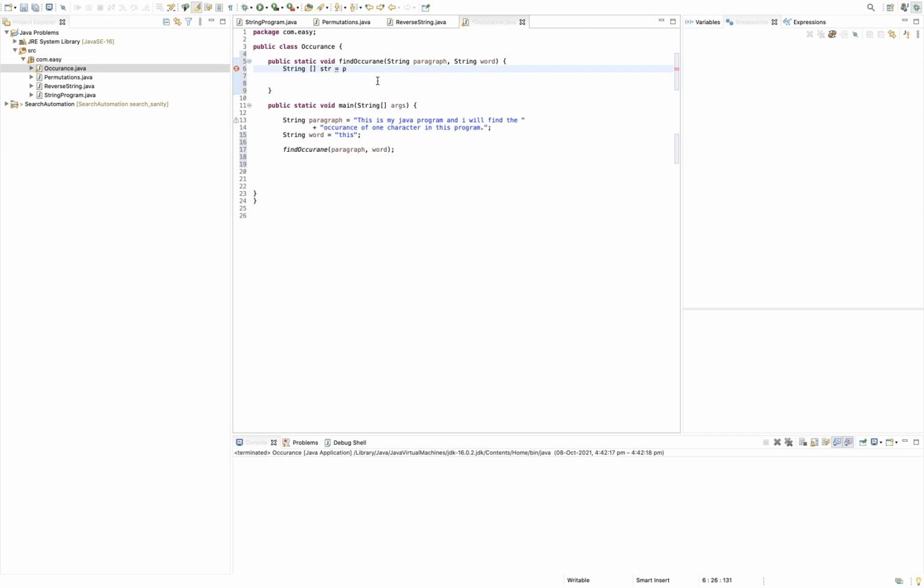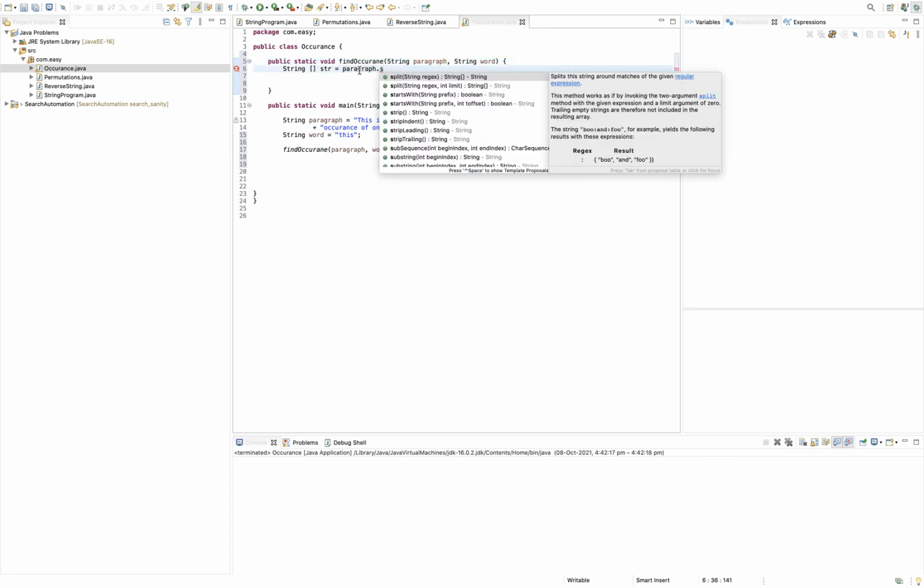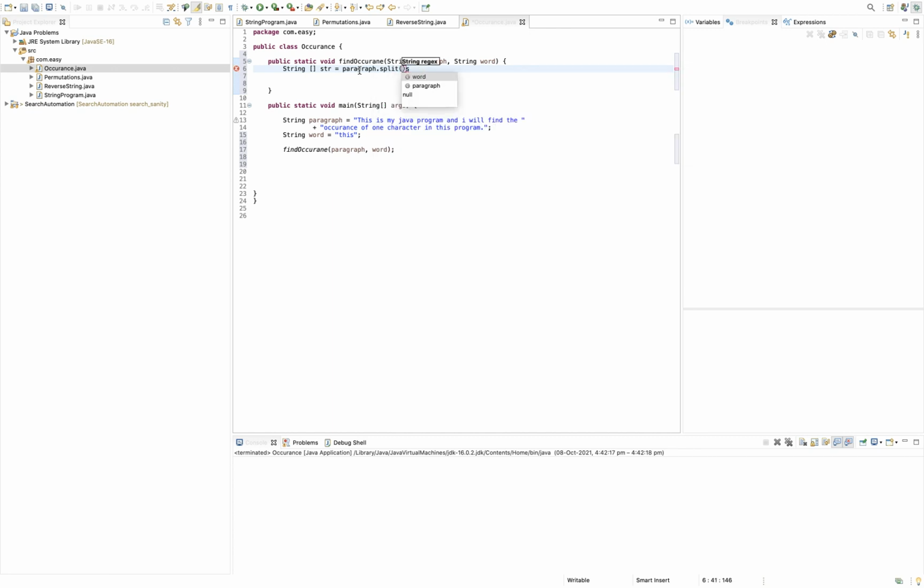Now we will take this paragraph.split, and we will split this at the space. What it will do is give me a string array that contains each word. So the array will be this, is, my, Java, program and so on.